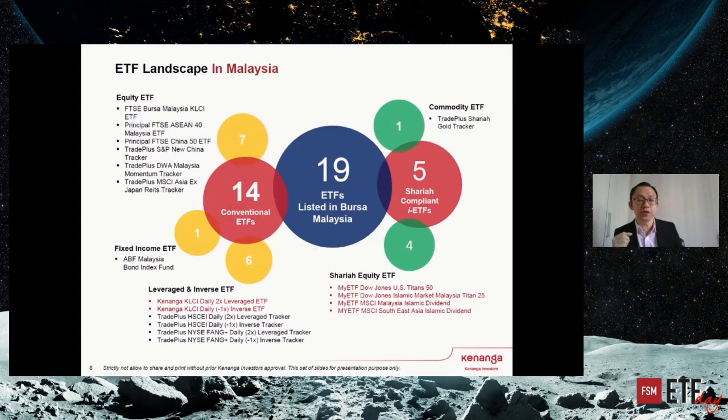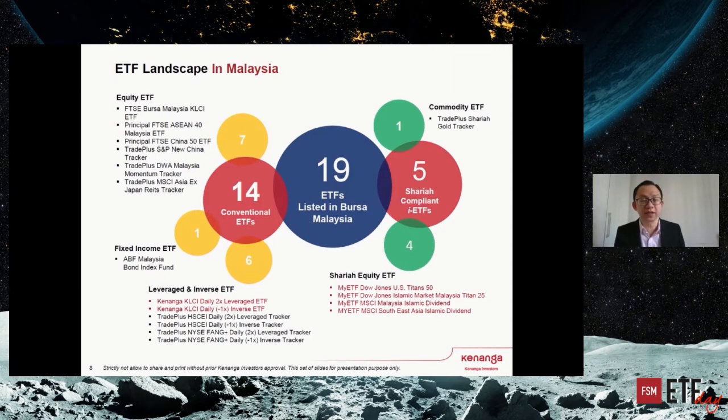And if you are very negative about the market, what can you do? Besides selling all your shares and keeping cash, and only coming back in when the market drops, you can consider going for an inverse ETF. Inverse ETF, negative 1x, simply means that when the market is down by 1%, you will gain 1%. So this is what it means.